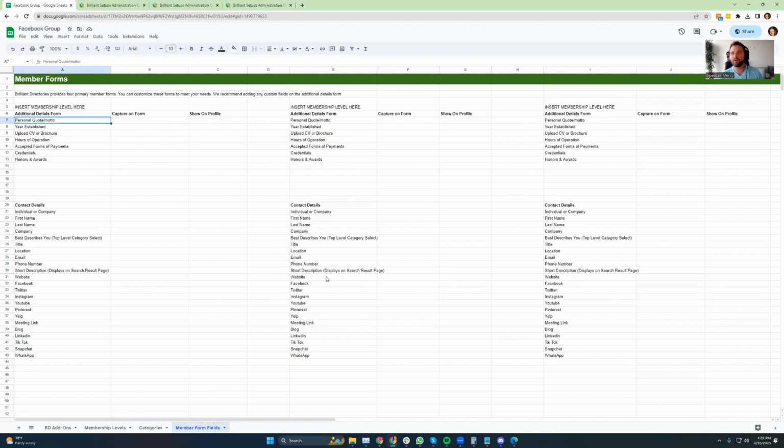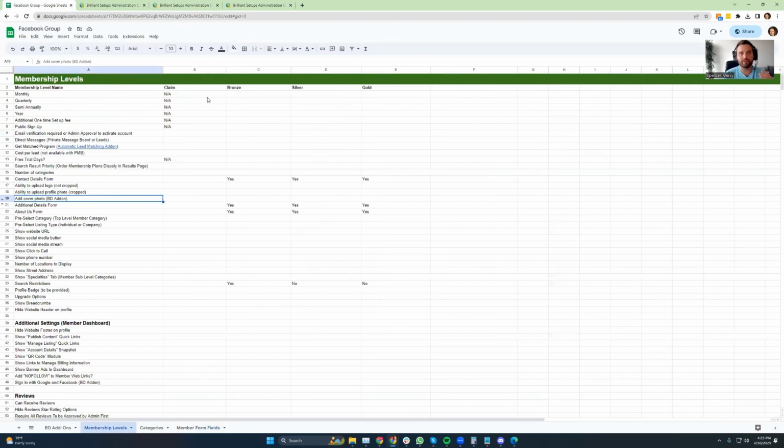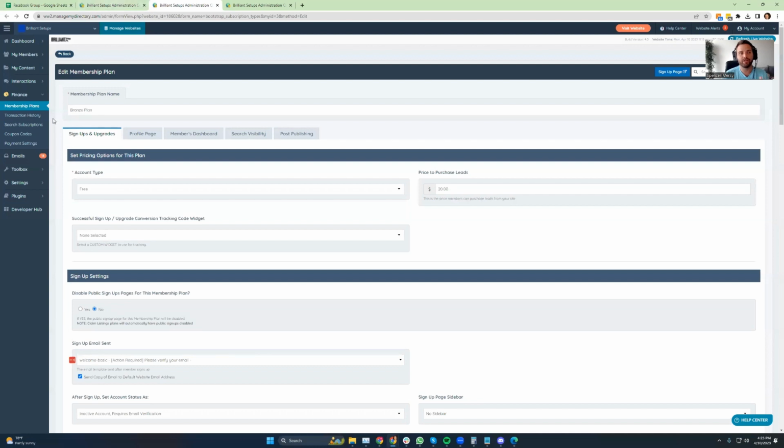So all you need to go in here and do is really just say, do I want to give bronze the quote and motto? Do I want to give the silver? Do I want to give the gold? You can go in here and just put yes, no for each ones that you think are viable for that plan. So when you're setting up your directory website, you'll have all of this information laid out in front of you so that you can easily go in there and you don't have to kind of pick and choose what